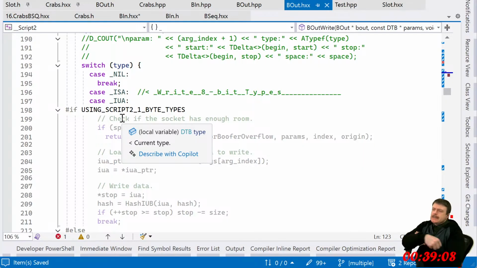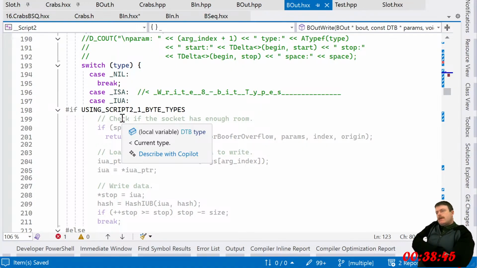Because there's two ways to go about doing the switch. From the compiler's perspective, it can make a kind of function pointer table, like an instruction offset table.